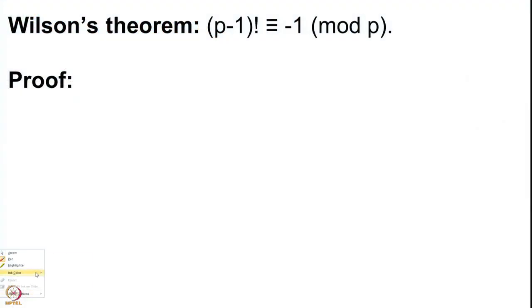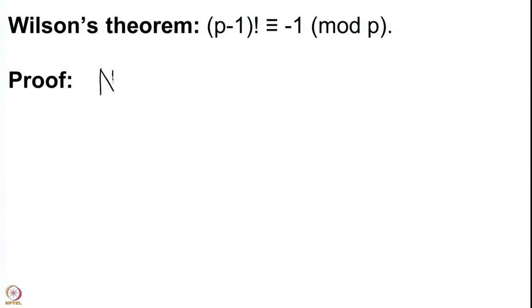The proof of this is very easy, and it will draw upon the thing that we have done earlier, that the square roots of 1 in Z mod pZ when p is prime are only 1 and minus 1. Remember that result; that is the result that we are going to use here. So, we go towards proving this statement that p minus 1 factorial is congruent to minus 1 modulo p.